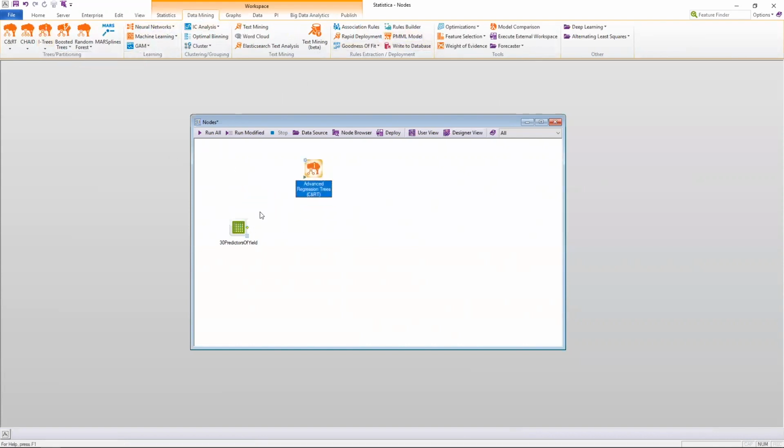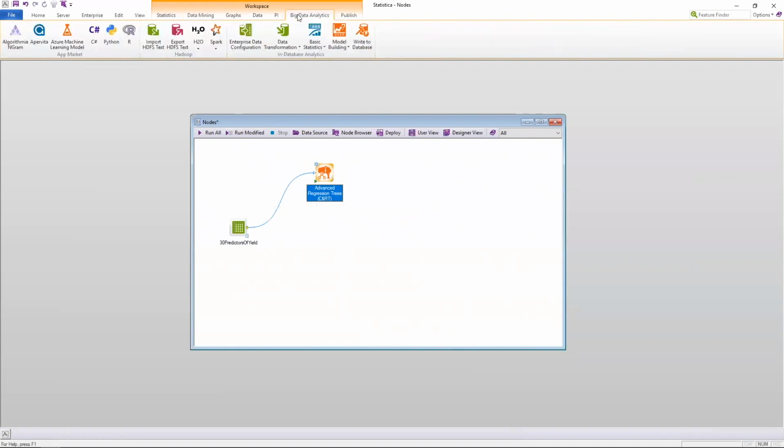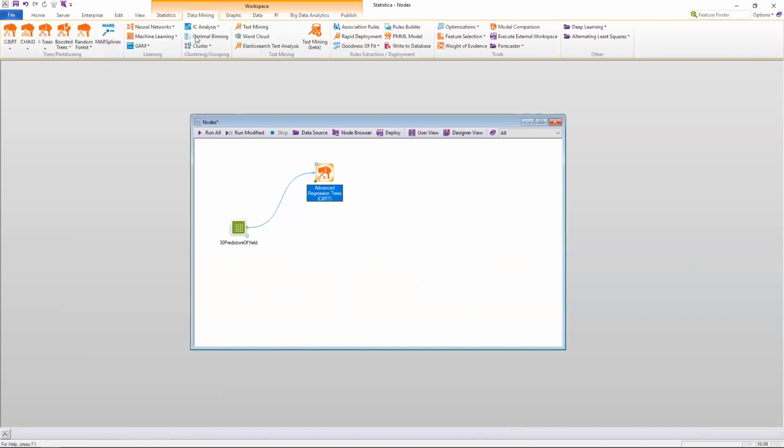Whenever I place this node into the workspace, first you'll see that it is shaded around the edges. This means that it is either a standard node or a general code node. But in this instance, it's one of our modeling algorithms. So it is one of our standard nodes. Our general code nodes are only on the Big Data Analytics tab within the App Market or Hadoop program groups. So I'm going to go back to the Data Mining tab, and I'm going to go back to our CART